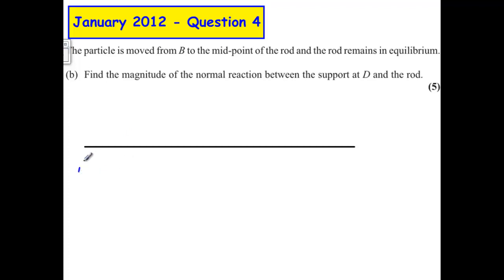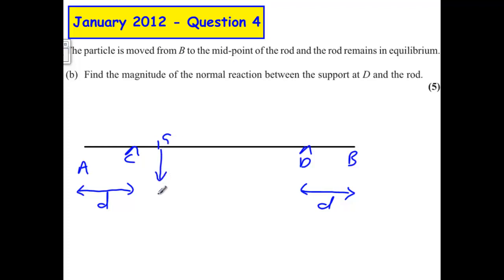So we are still looking at a rod that goes from A to B. We still have these supports at C and D, and this distance from A to the support C is little d. This is the same. Nothing has changed in this respect from the first part of the question, and the weight of the rod, remember it's a non-uniform rod, still acts at G, so that there is mg,